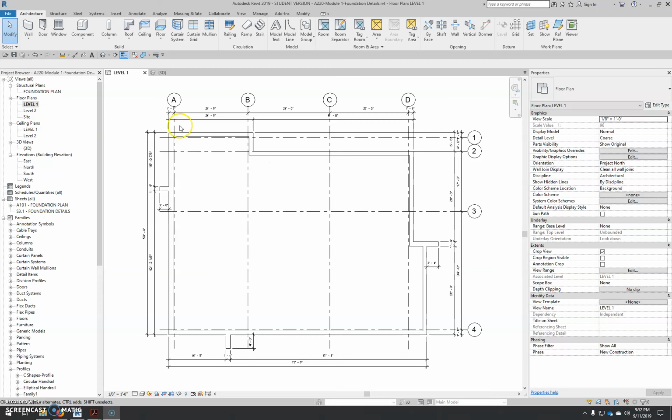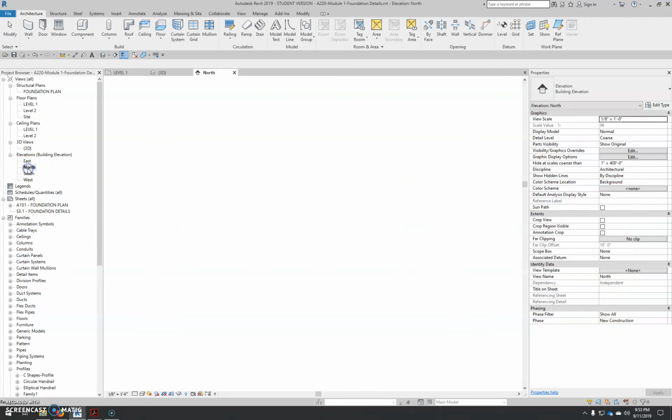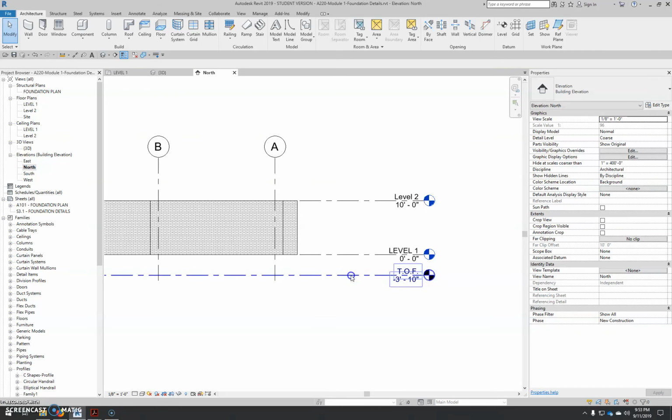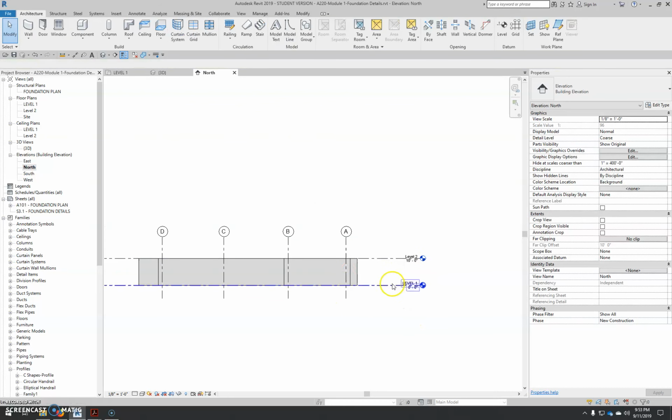So now I've established my structural grid. Grids are essentially, again, infinite vertical reference planes as opposed to levels, which are infinite horizontal reference planes. Now if we go to an elevation, let's go to like the north elevation, we still have this top of footing in here. We don't need that anymore, so we can delete it. Now these are two levels,